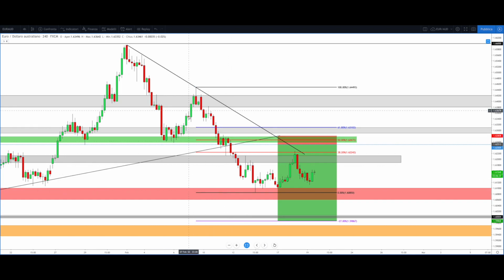As explained in my weekly PDF guys, here the price started this big bearish movement after the clear reaction of 1.64. It tried to rebound from this bullish trend line but failed and didn't find the necessary strength for a new bullish phase. From this point the price started a second bearish phase that completely broke this bullish trend line, and we can see that the price after this bearish movement has perfectly touched here